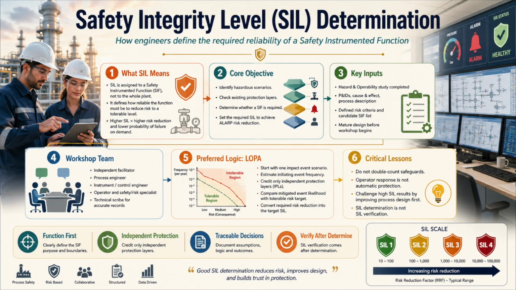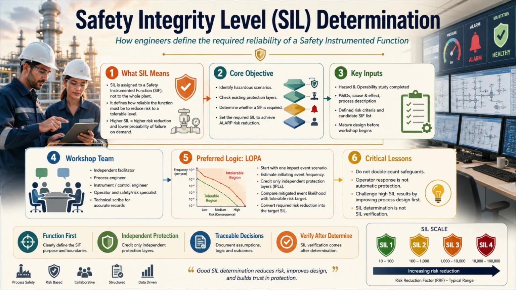A safety integrity level 1 function typically provides a risk reduction factor between 10 and 100. Safety integrity level 2 provides approximately 100 to 1,000. Safety integrity level 3 provides approximately 1,000 to 10,000. Safety integrity level 4 extends beyond that range, but it is extremely demanding and rarely appropriate as the preferred solution